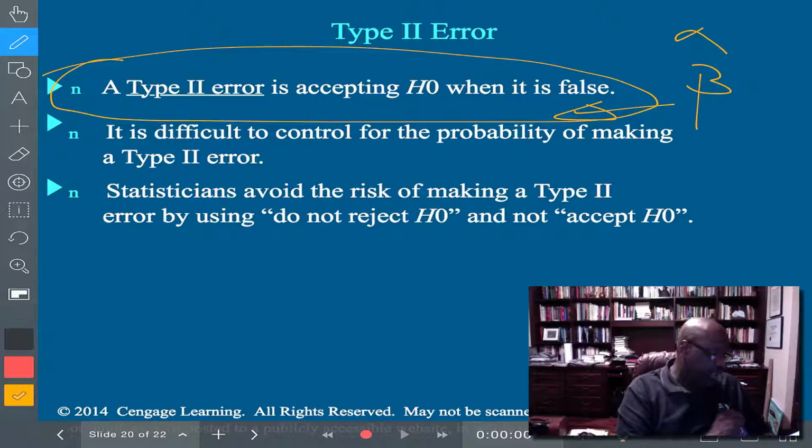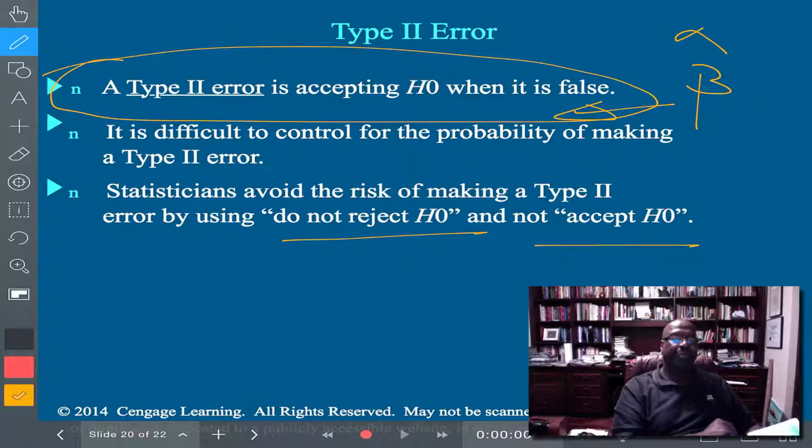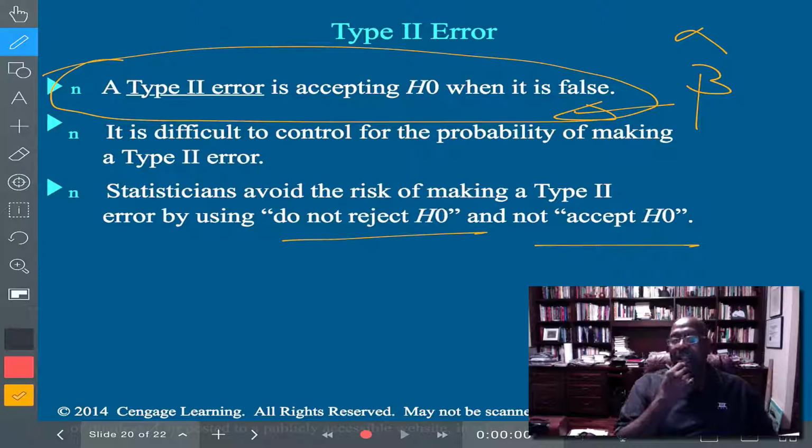So it is difficult to control the probability of making a type 2 error. Statisticians avoid the risk of making a type 2 error by not accepting H0, and instead saying do not reject H0. So if you do not reject H0, you avoid the risk of making a type 2 error, because rejecting H0